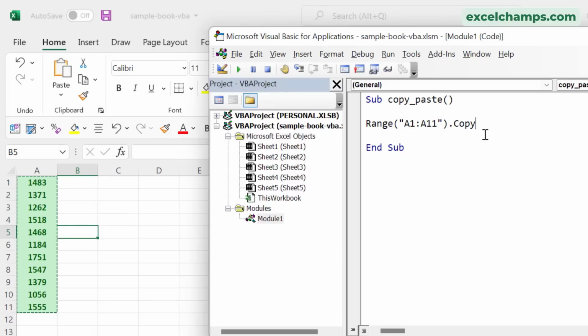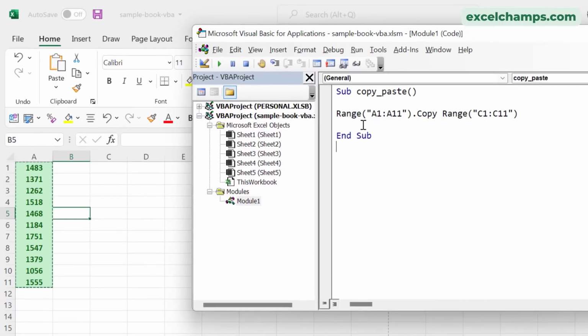Now the next thing is I want to paste these values to the range C1 to C11. So for this, again, I will use the Range object, and then I'll specify the range C1 to C11. So this line of code tells VBA to take range A1 to A11, copy it, and then paste it to the range C1 to C11. And now if I run this code,